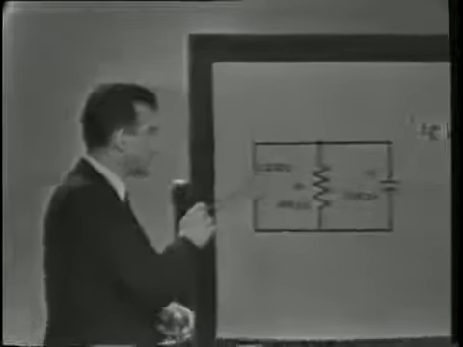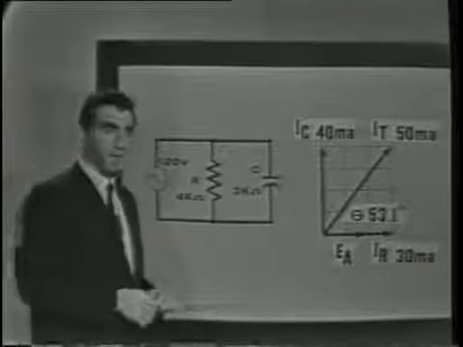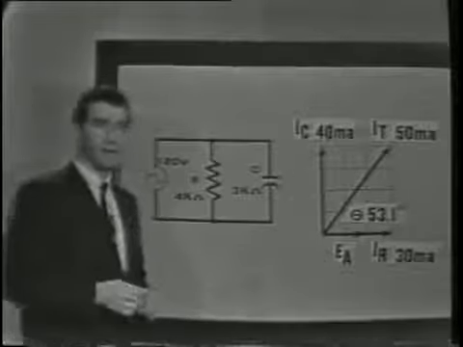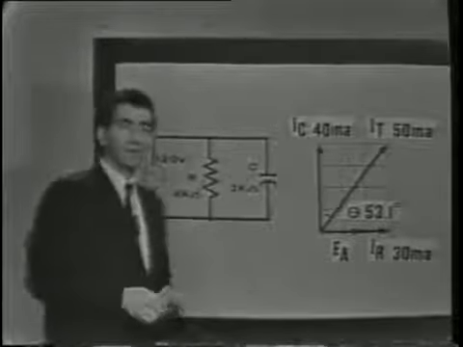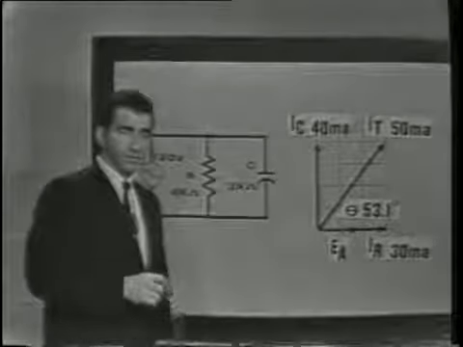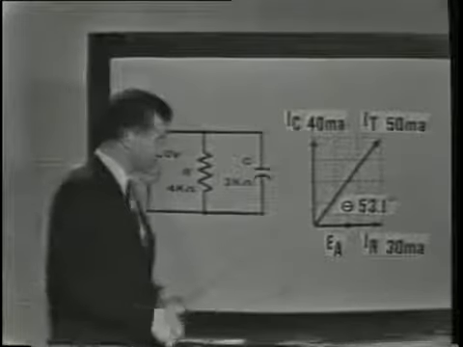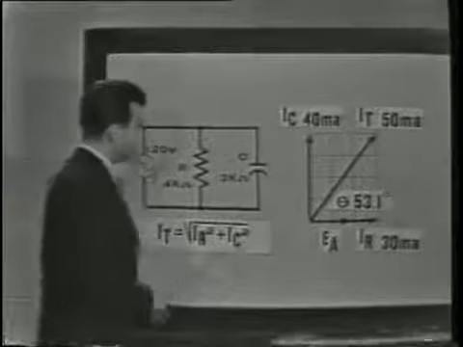Let's review the facts we've discussed within the last few minutes. First, we saw that EA, or the voltage applied, was used as the reference vector. And the phase difference in this circuit was shown by the branch currents, IR and IC. And the branch current values were determined by applying Ohm's law. The approximate total current could be discovered by measuring the resultant vector on the graph, or, more accurately, by using